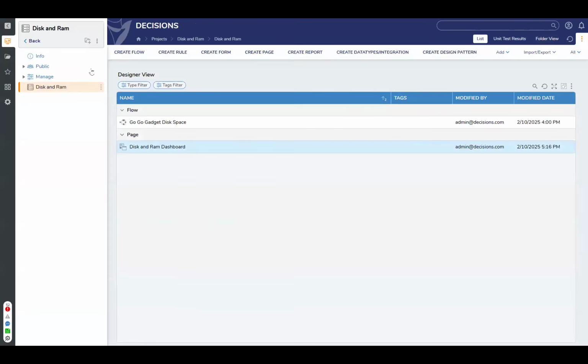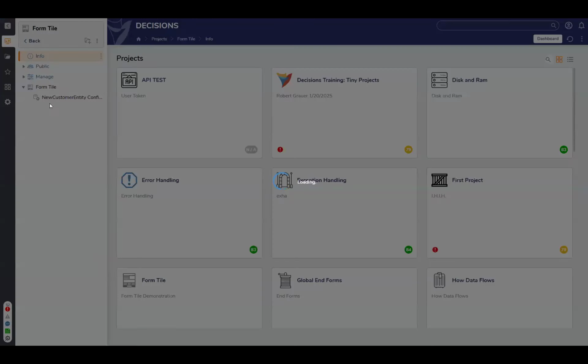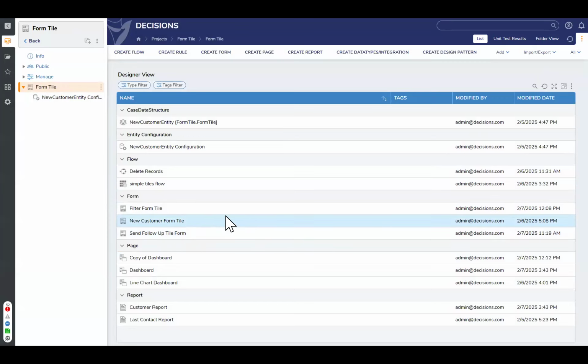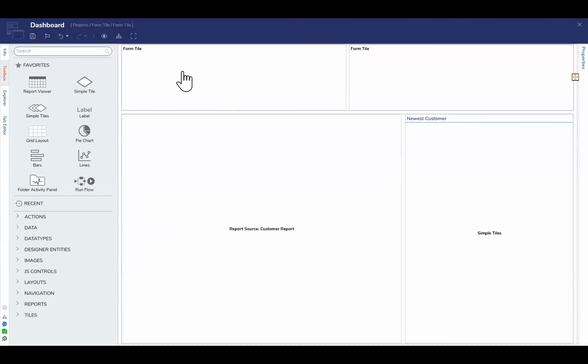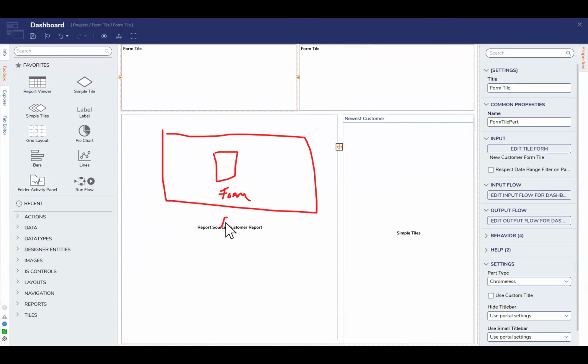Another thing that can be super useful for you that you may not know about is in the form tile world, something I've been working on. Form tiles can be really useful, and you can do a lot to parse data and input it into a form tile, as well as do a lot with the data outside of that form tile. So on a dashboard, you can place a form tile. I have two up here. And the thing to consider is that with form tiles, rather than one form living inside of one flow,